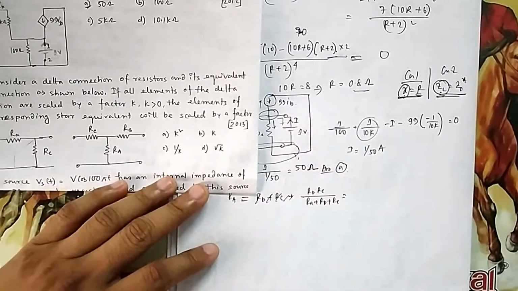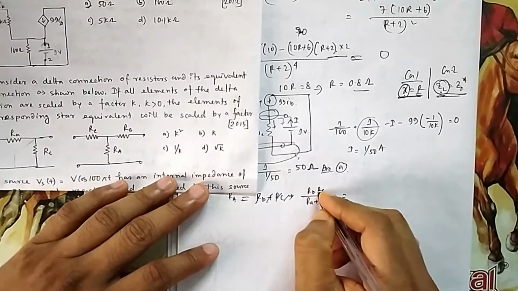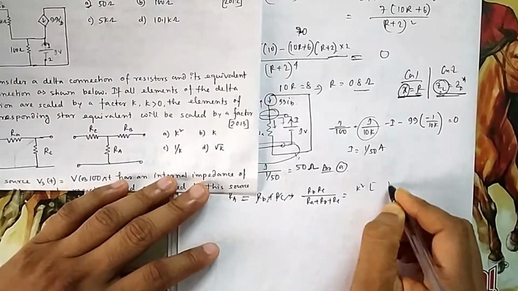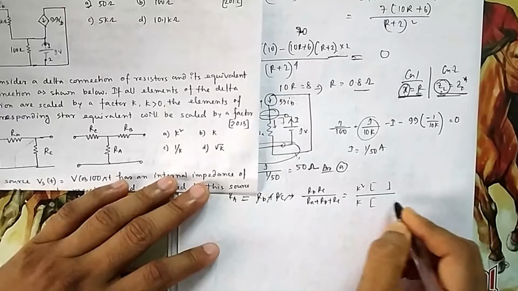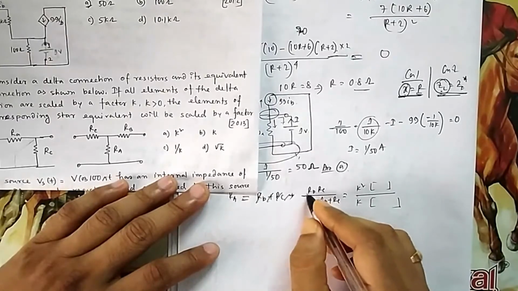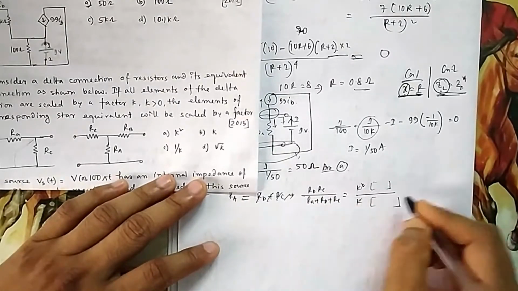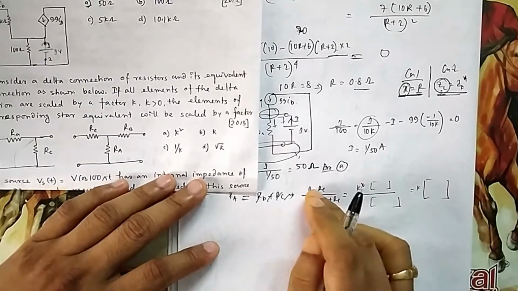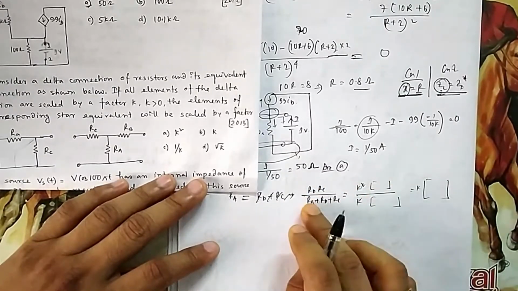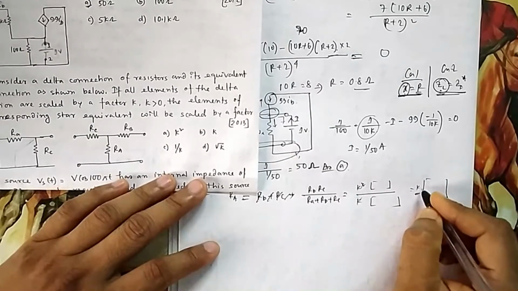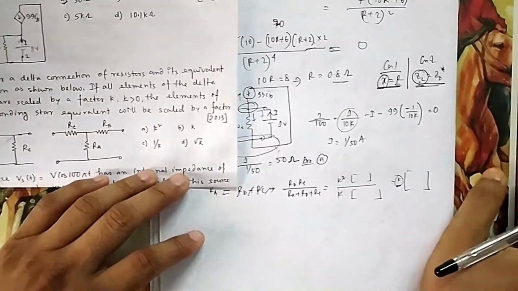So if you do this one, each one you multiply by k, so k square, k, it will be k square into earlier things, and here it will be k if you take common. Suppose each one you multiplied by k. So ultimately you will get k into the older expression, that is old RB RC divided by old RA plus RB plus RC. So ultimately each one will be multiplied by k. You can take one example.